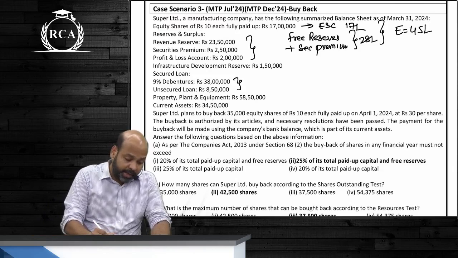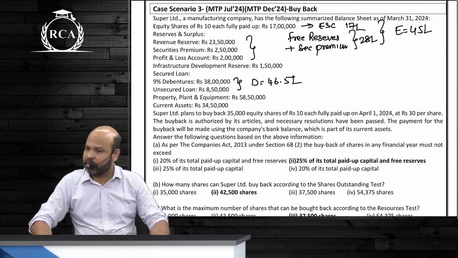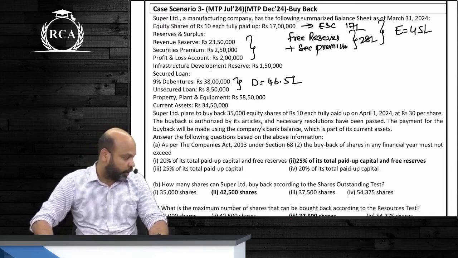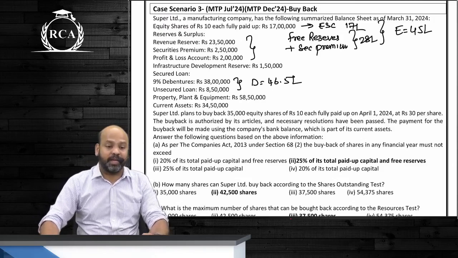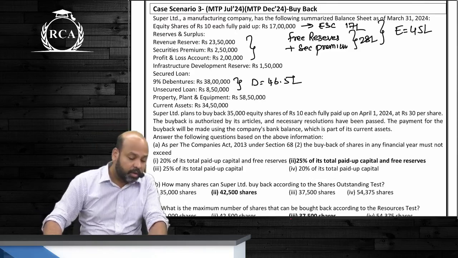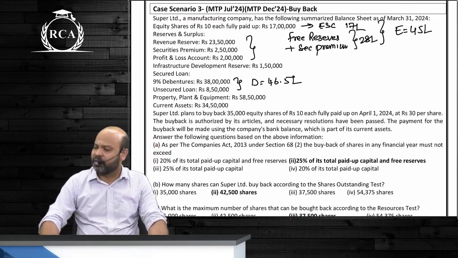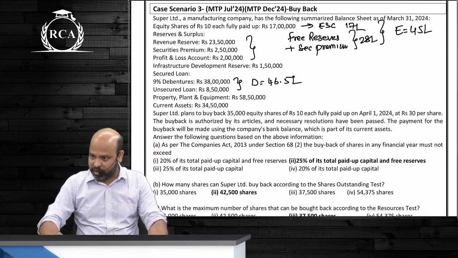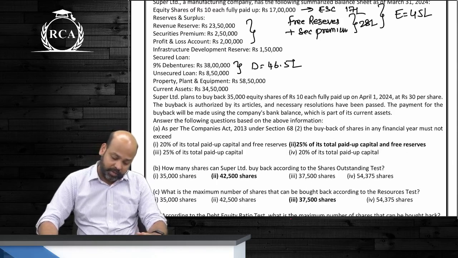The total debt amount beta that we have is 46 lakhs 50,000. Free reserves plus securities premium 28 lakhs. Total equity 45 lakhs. Debt amount beta is 46 lakhs 50,000. Don't get too confused, beta. The intention is to understand them. So based on them, guys, what will be the answer? What are they asking us, guys?